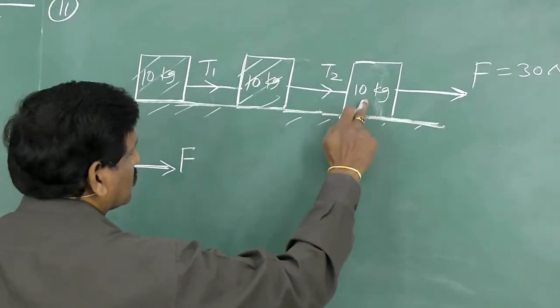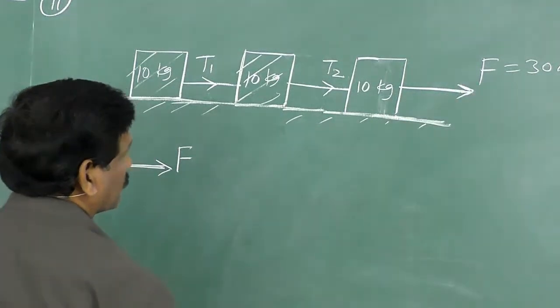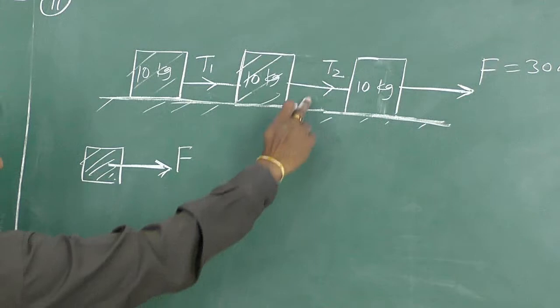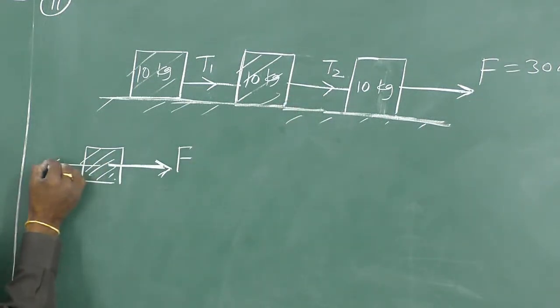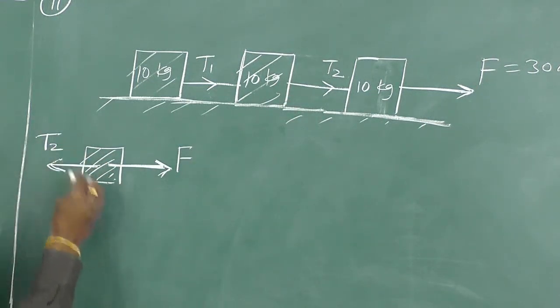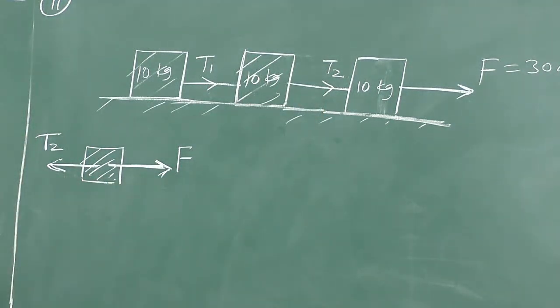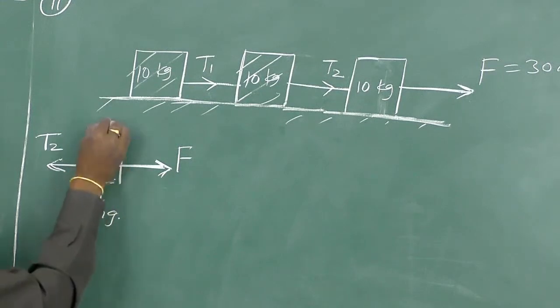So here this body is pulled by a force of 30 Newton. So when the body is pulled like this, tension T2 in the string will act like this. So this is the free body diagram. Of course there are other forces, mg and normal reaction,